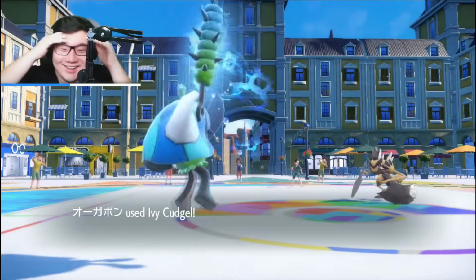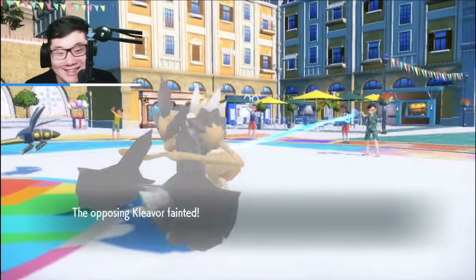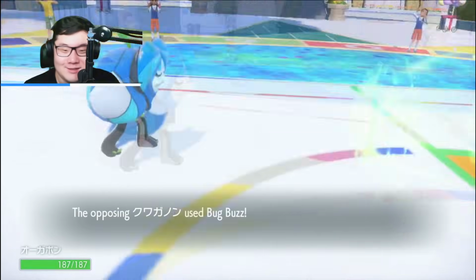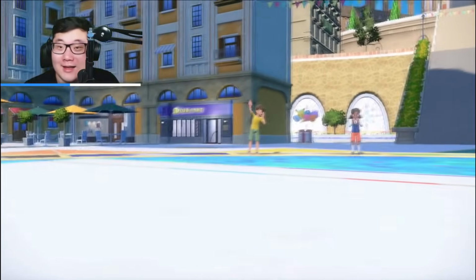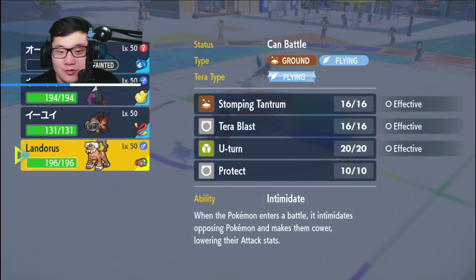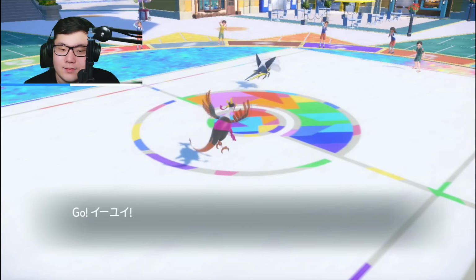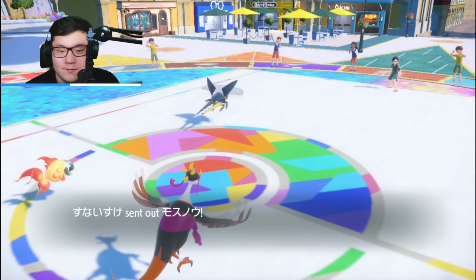What did he do? Goodbye. It's not looking good for them, I'll just say that much. Yeah, they're just praying that I mess up somehow, and I'm just really not. Bug Buzz does take the Ogerpon out, but now I just get to go out into... I think I want to go out into Chiyu, because I'm just going to be able to really out-pressure this team with...